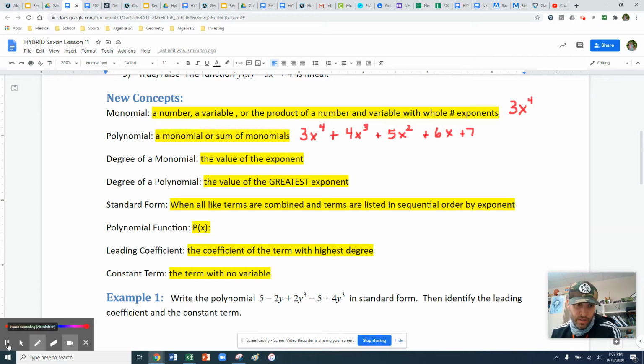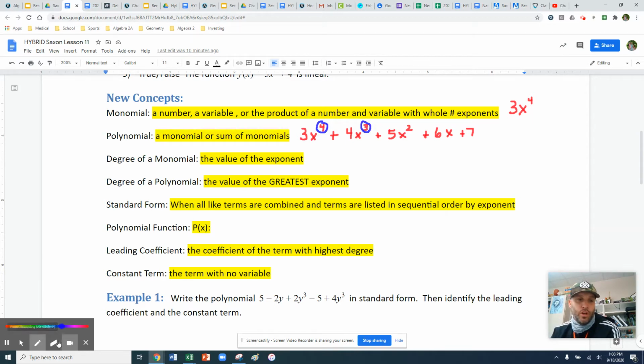A polynomial is a monomial or a sum of monomials. So each term in your polynomial will be separated by either a plus sign or a subtraction sign. Each term is going to have a degree. The degree of the monomial is the value of the exponent. So this one would have a degree of 4, and this monomial would have a degree of 3, and so on